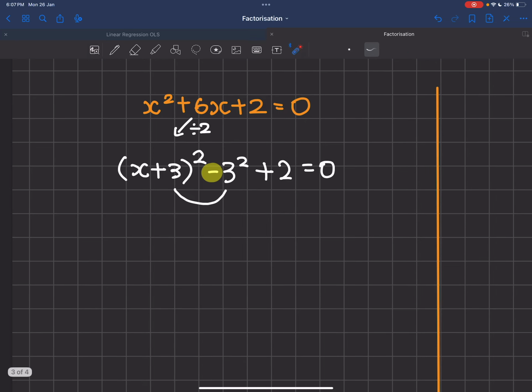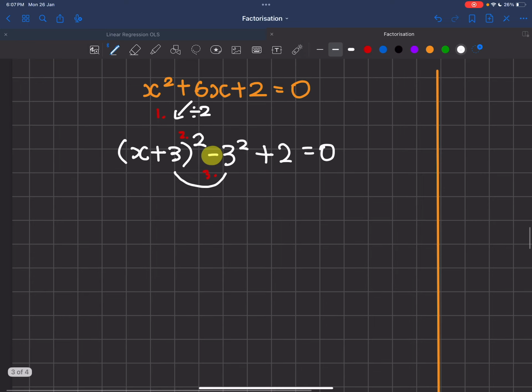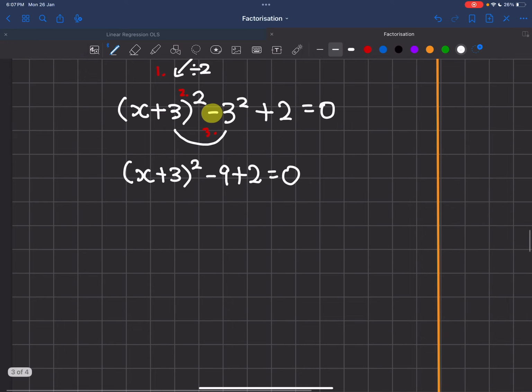So once again, our first step, divide the b term by 2. Then put everything in a square. Then minus the inside thingy. Then we will get x plus 3 squared minus 9 plus 2. This leads to x plus 3 squared equals to